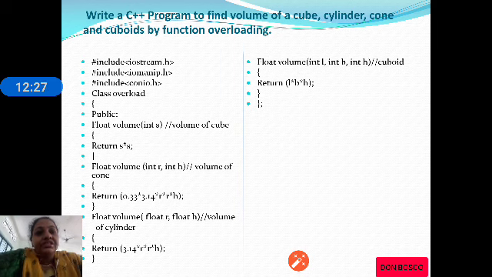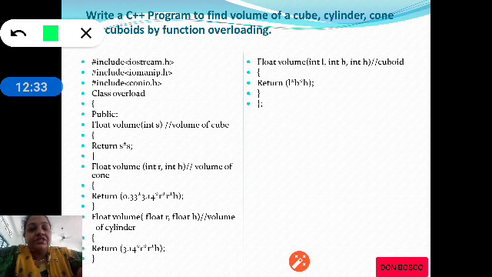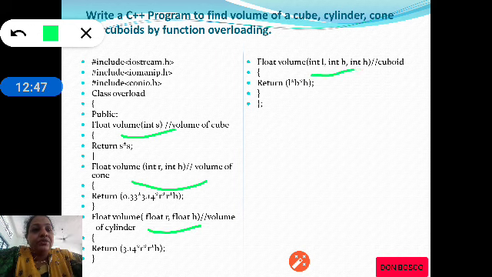The class definition ends here. So we shall observe the class definitions. First we have volume with one argument, second volume with two integer arguments, third volume function again with two arguments of float type, and the fourth volume with three arguments of type integer.